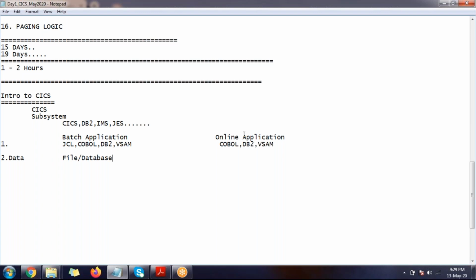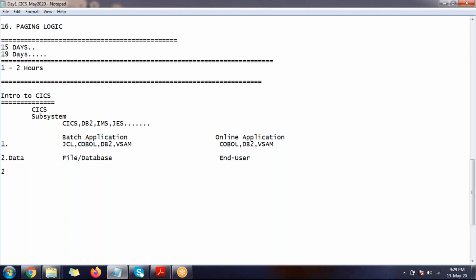All of them are called batch applications. We get the data based on the request, and based on whatever data we receive, we update it. The next one: in an online application, data will be given by the end user. The online application is going to be accessed by the end user.